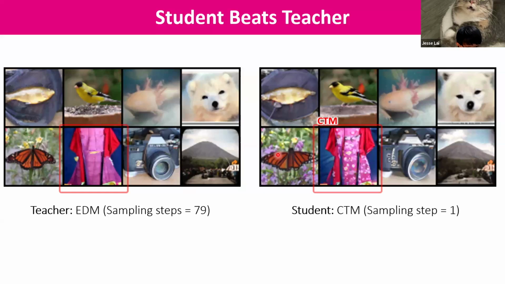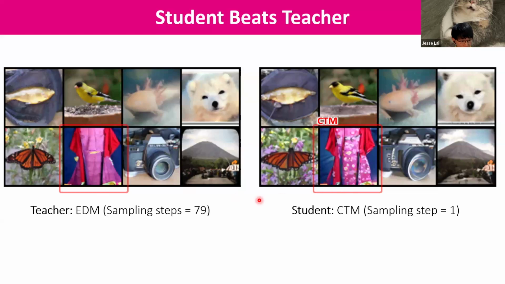Okay, I guess you are talking about this. For the butterfly, yes, perhaps the GAN cannot capture which part to make the fine-grained detail better. But if you focus on the background, the CTM actually contains more details compared to EDM. And this more accurate background can improve the FID quite a lot. So the GAN doesn't know which part to make the detail better, but in general, with CTM you can see the background has more details.